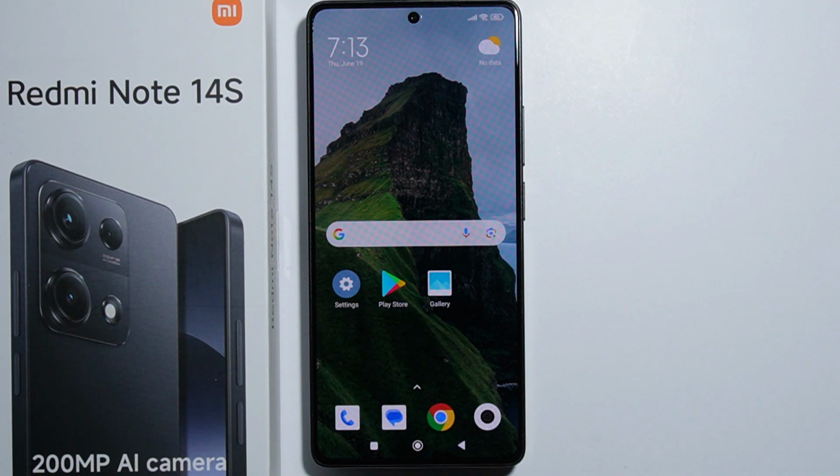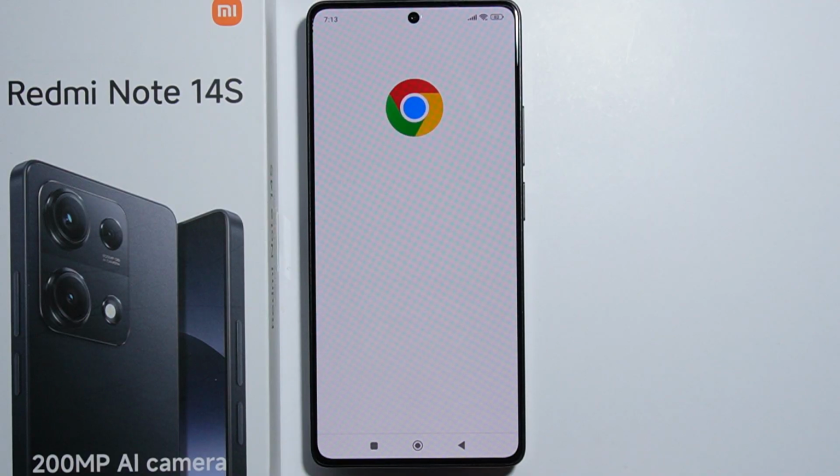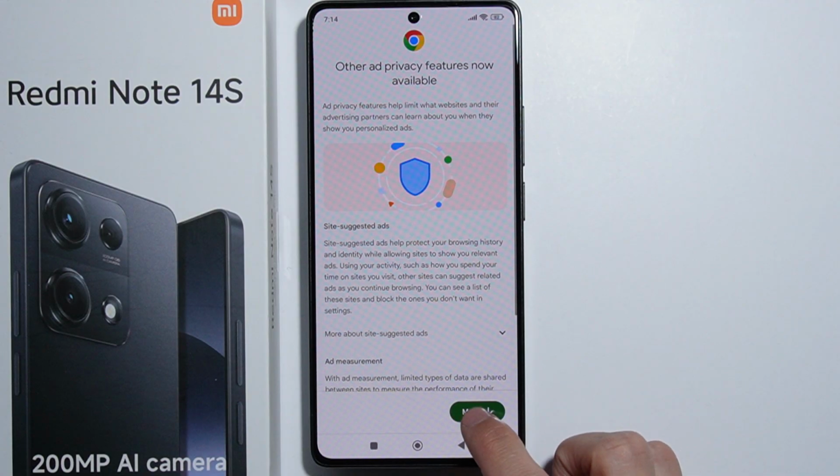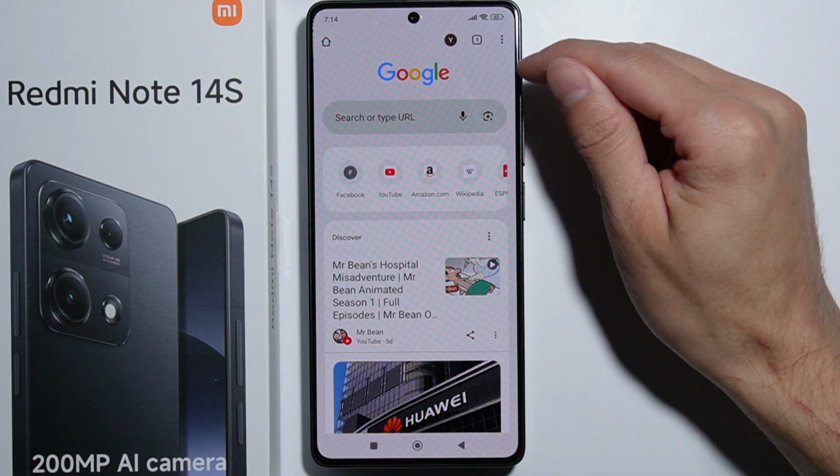To delete browser history on the Redmi Note 14S, all you simply have to do is first go for your browser application. In my case it will be this Google Chrome. Let's go in there. And now as you are in this browser application, you will have to press these three dots on the top